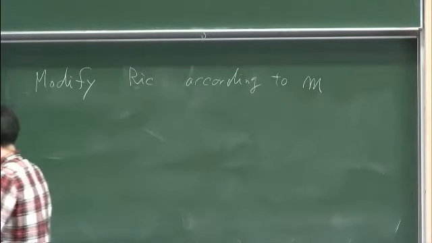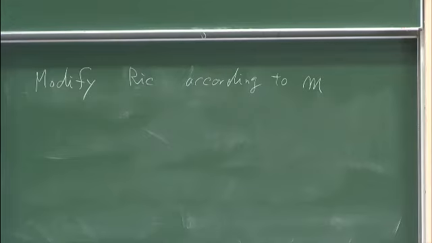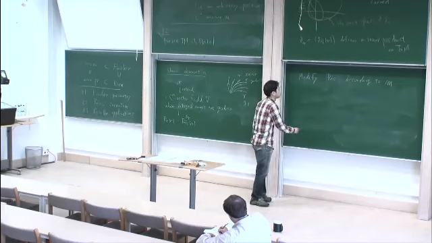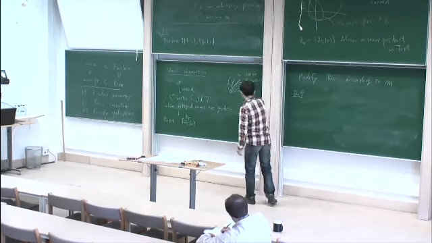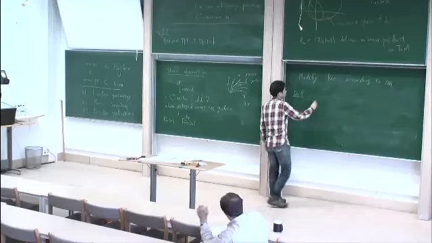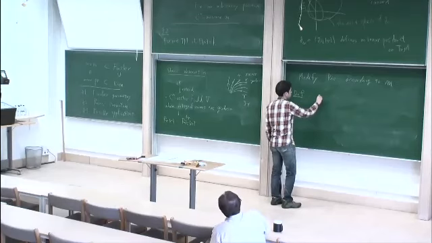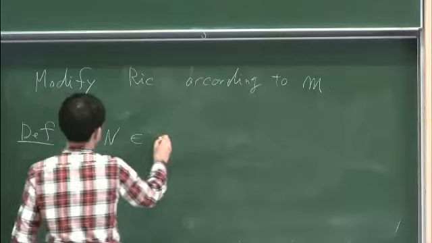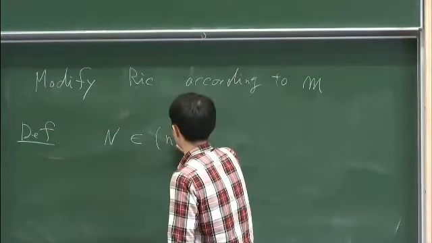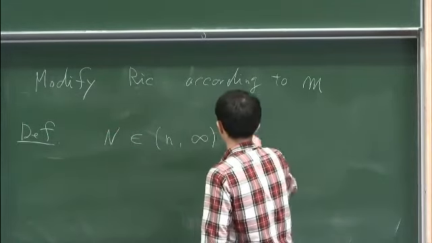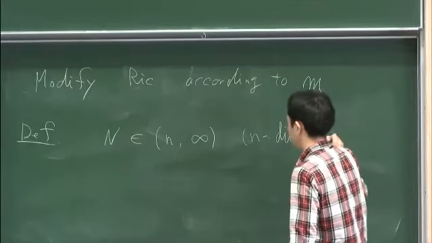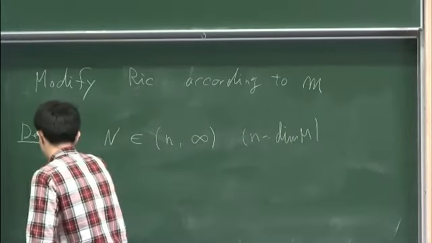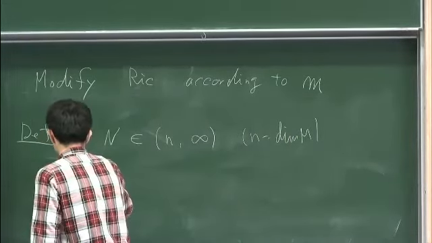And then we use the theory of weighted Riemannian manifolds to modify this Ricci curvature, and we can define a modified Ricci curvature for one parameter N between the dimension of the manifold and infinity. We define the Ricci N, Ricci capital N of V,